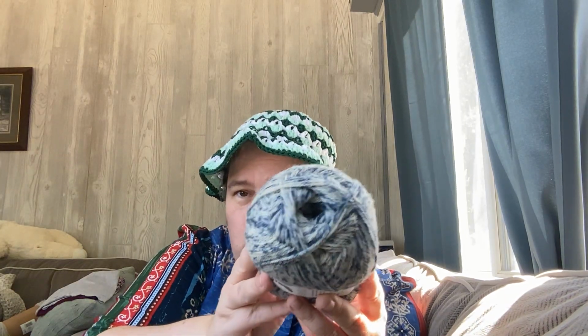I'm making a bunch of little granny squares with this because what I wanted to do is make myself a top. Now this is a really fine wool. It's a sock weight, or does it say the weight? It's a non-superwash that is made of Portuguese wool though, and I don't see the weight, but it would be a fingering weight, so it's